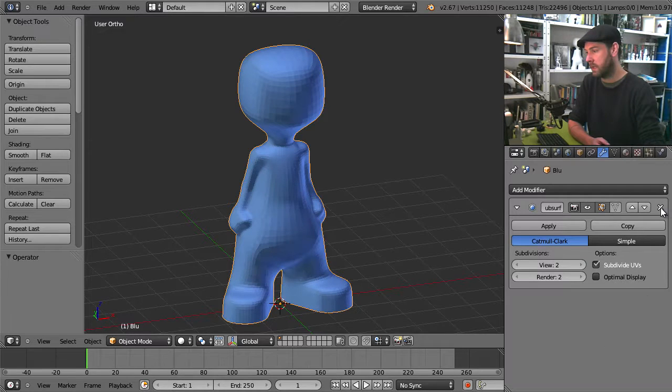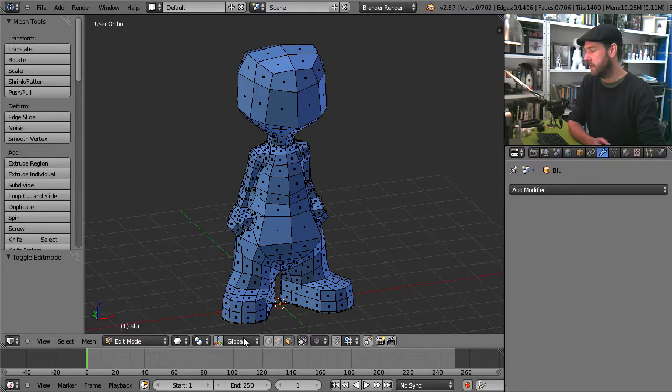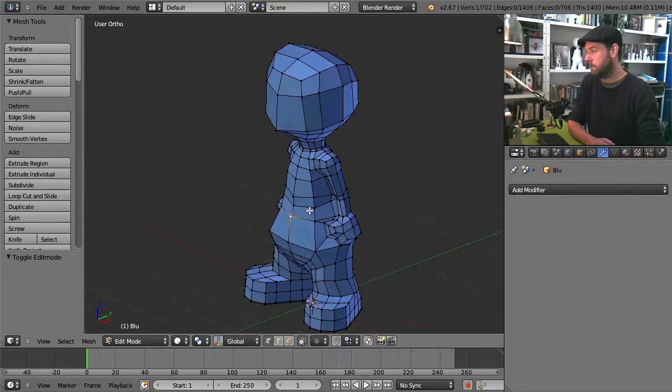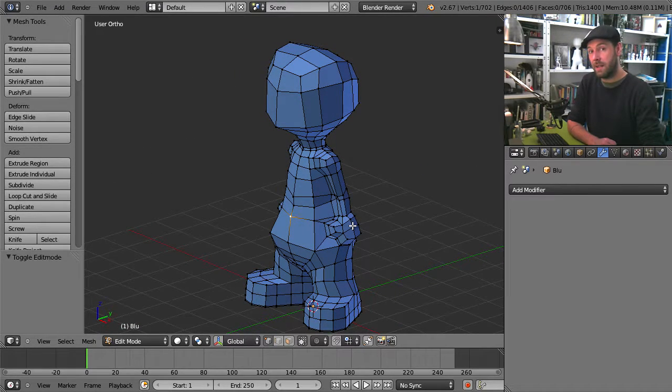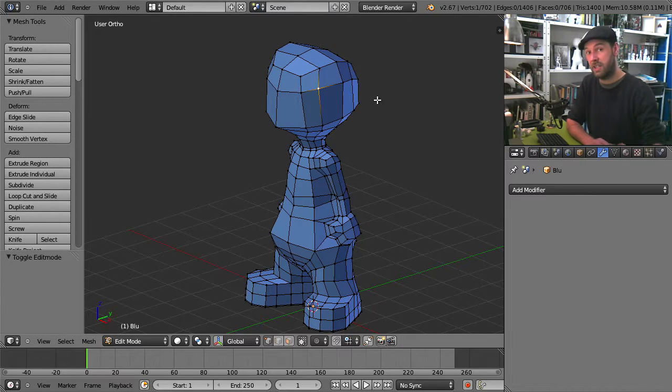Let's remove it by clicking on the little X, and you see what Blue is made of. It is just a couple of points. Blue is very, very simple. Now, the nice thing about having such a simple model is that he is very easy to change. I can just take a point and move it, and it doesn't take too much to change the entire shape of this model. But for 3D printing and as an end result, I'd like something a lot more detailed and